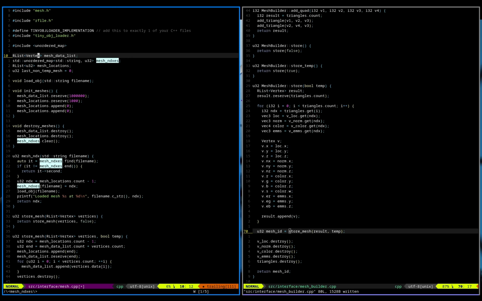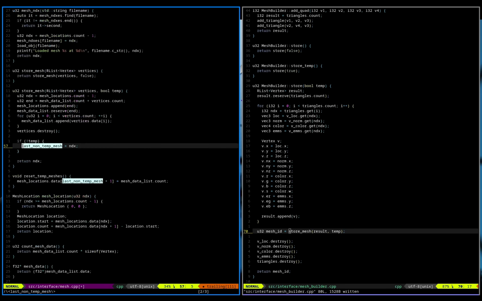Okay, so there's multiple indexes going on here. There's the index into this array, which returns some other index. Yes. So this is a relation between a mesh index and part of the mesh data list table. So last non-temp mesh needs to be